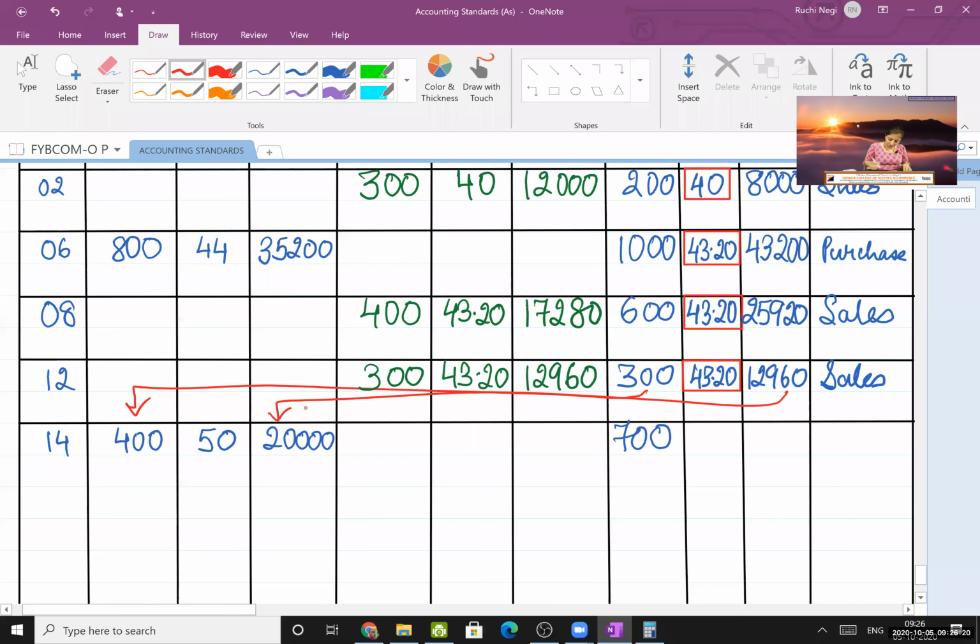It gives 47.0857. It is coming in too many decimals. Go up to 2 decimals, or you can go up to 4 decimals if you want more accuracy in the answer. Those who go up to 4 decimals and those who go up to 2 decimals, there will be some 4-5 rupees difference in the final answer. I'll show that to you. I generally go up to 4 decimals for accuracy.